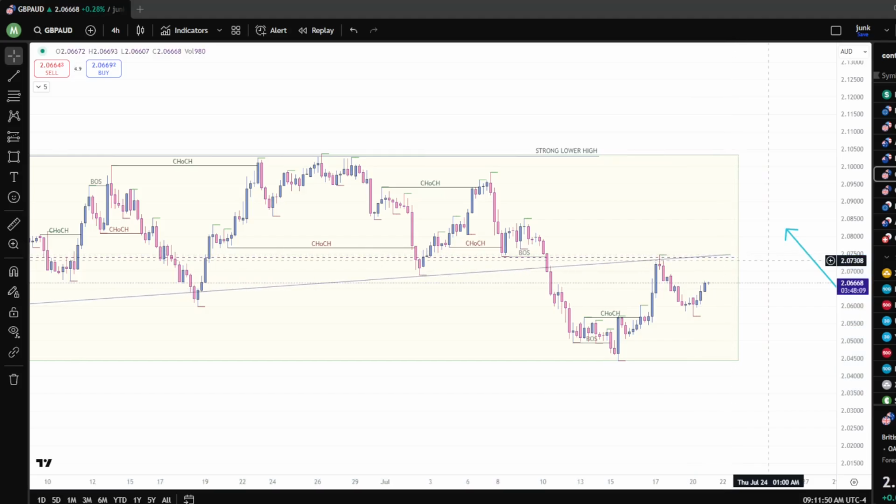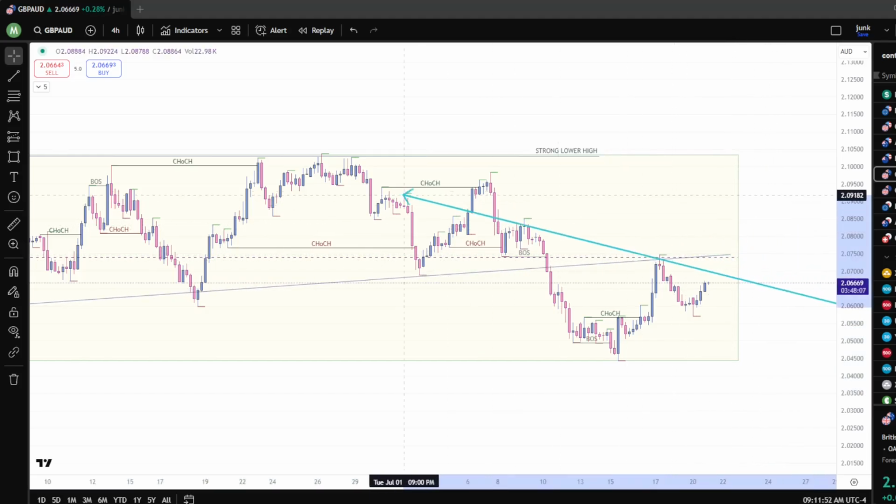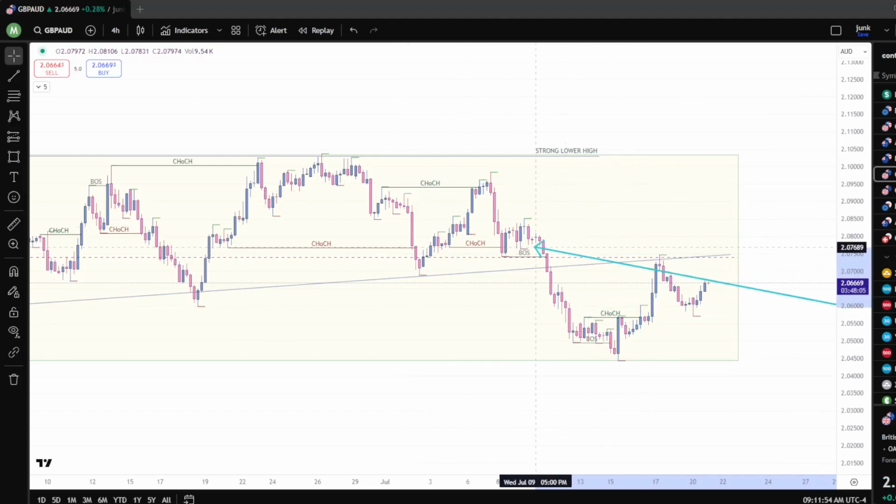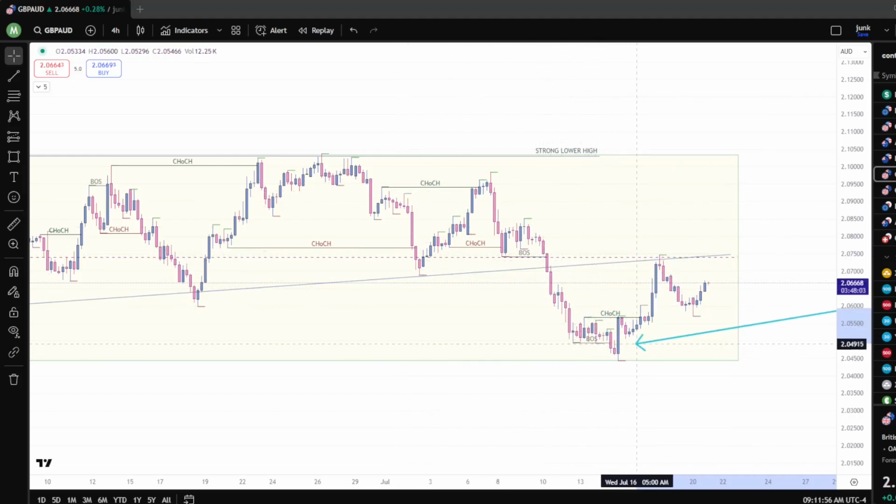We'll see if it happens again, but for overall structure, swing structure has been bearish. Finally broke down, buyers stepped back in once the lows were taken out. It looks like it swept those lows, and then obviously, like I said, just reacted from this trend line once again. So only looking for any type of selling opportunities unless it starts to break further past this, because if